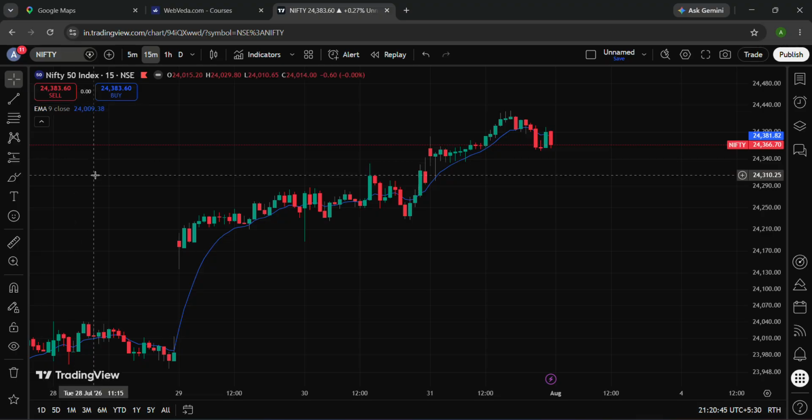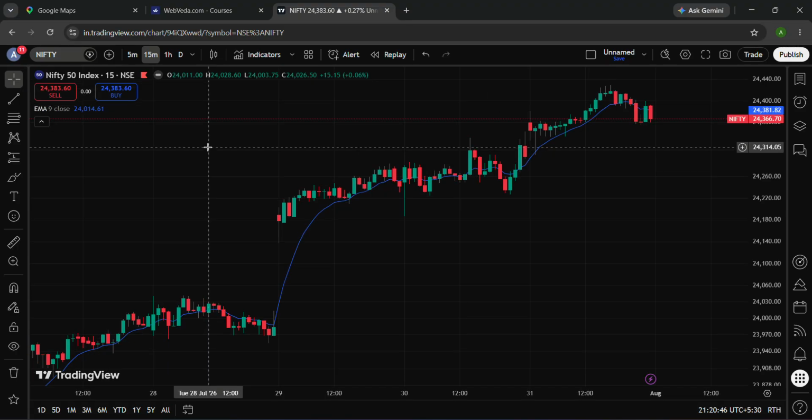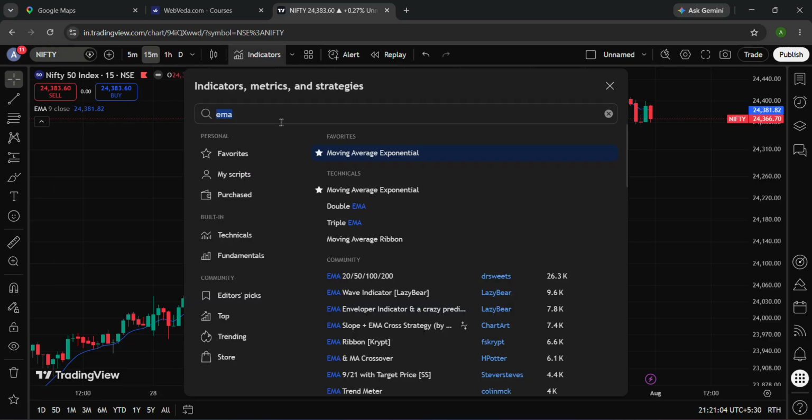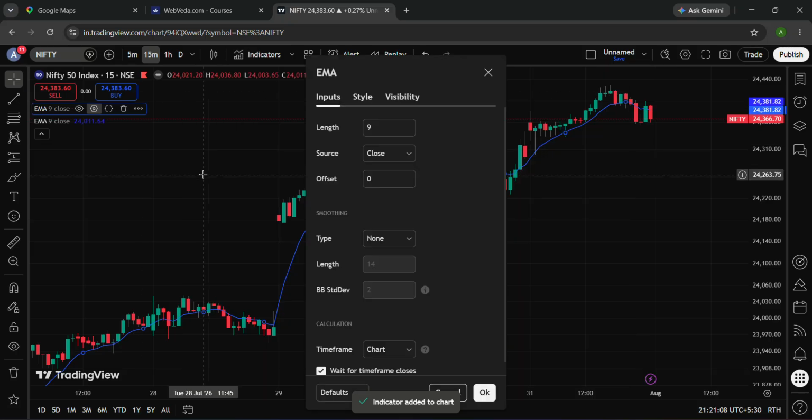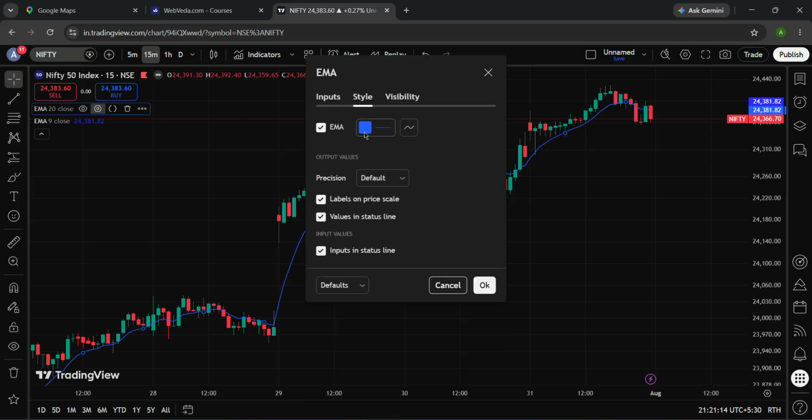If you want to change that, I will also tell you which are the most used indicators and how you can end up taking a trade on just the basis of EMA. That is EMA 9, and the other one is EMA 20. Let me put a length of 20 here,